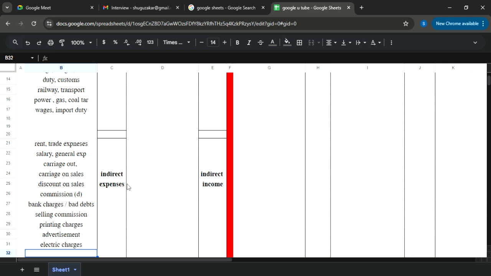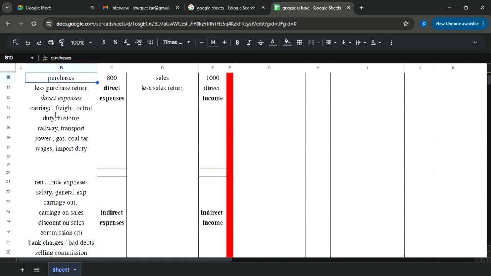The definition of indirect expenses: expenses of business not related with your manufacturing, not related with your trading. In a business, direct expenses are those directly related with buying and selling. And these are expenses which are not related directly to the business, but without these expenses, business would not be successful. Now, last part, indirect income, and here you will write discount on purchase,